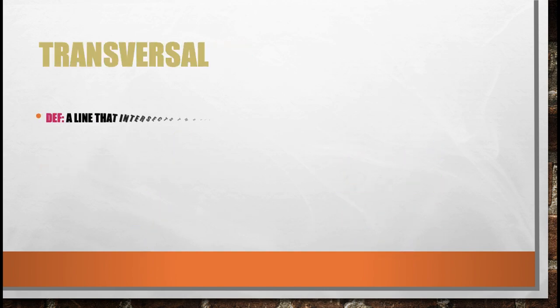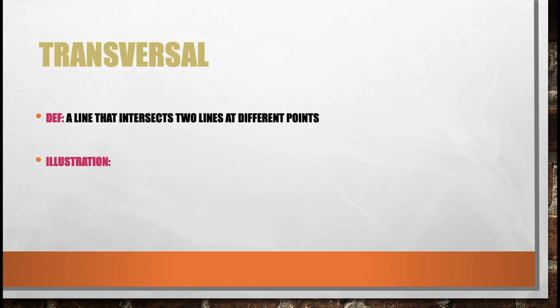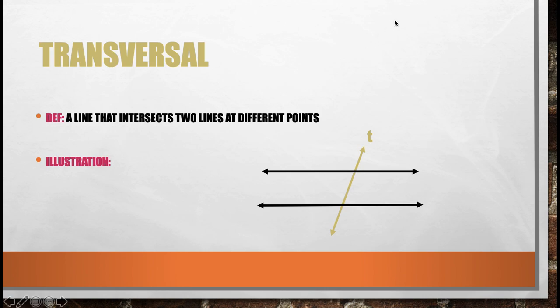Now first we will speak about transversal. Now students, what is a transversal? A transversal means a line that intersects two lines at two different points. See, these two are parallel lines and a line is cutting them. So this line is called a transversal. I have named it T. This is called a transversal, and I have highlighted it.